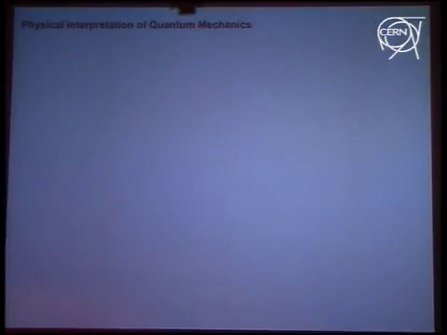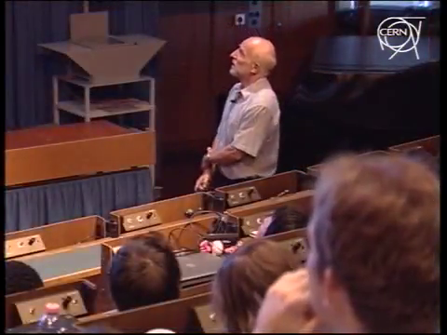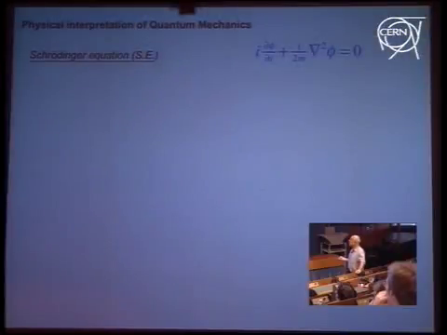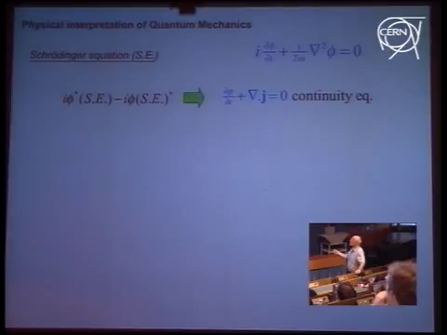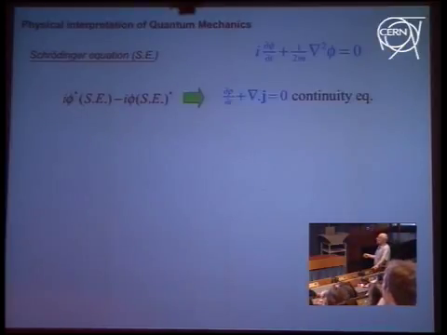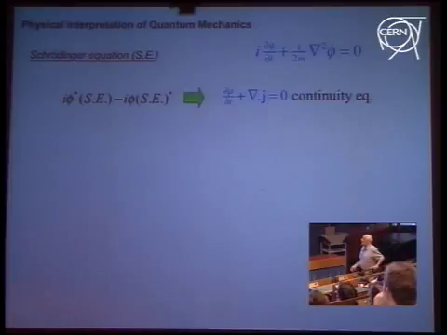So now, moving on, let's get a physical interpretation of quantum mechanics. We have the Schrödinger equation, the non-relativistic case, and I'm sure you've gone through this exercise, but to get a physical interpretation, what you can do is to take this equation and multiply it by the complex conjugate of this field phi. Phi is a complex field. So take the complex conjugate phi star times the Schrödinger equation and subtract from it phi times the complex conjugate of this equation. And it's only a matter of a couple of lines of algebra to see that it can